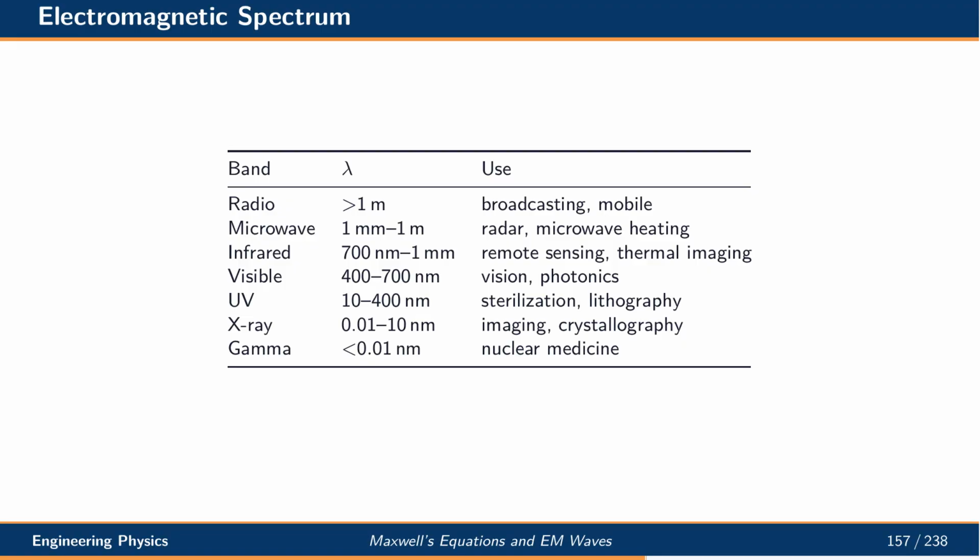The electromagnetic spectrum covers an enormous range of wavelengths. Radio waves above 1 meter are used for broadcasting and mobile communication. Microwaves from 1 millimeter to 1 meter drive radar and microwave heating. Infrared serves remote sensing and thermal imaging. Visible light spans roughly 400 to 700 nanometers. Ultraviolet enables sterilization and lithography. X-rays are used for imaging and crystallography, and gamma rays